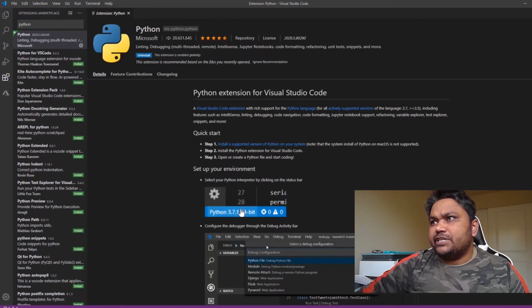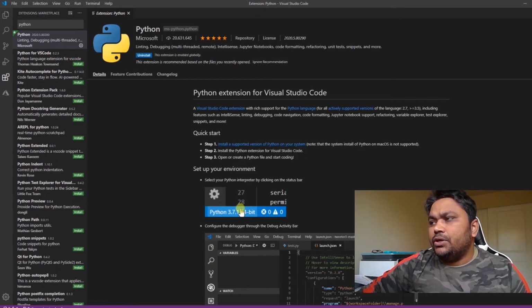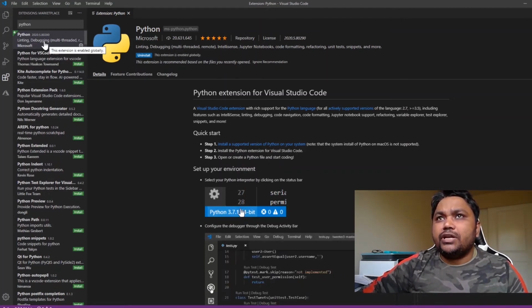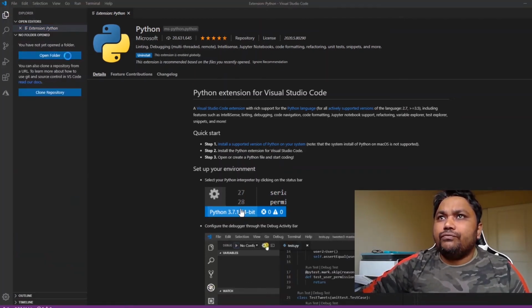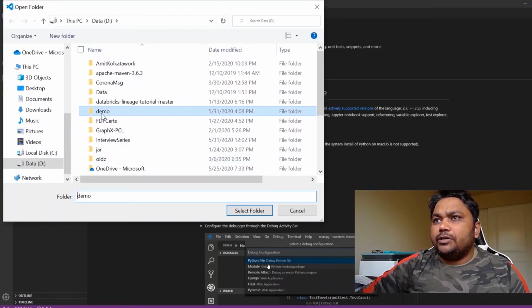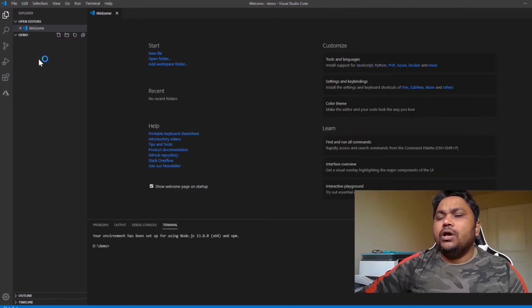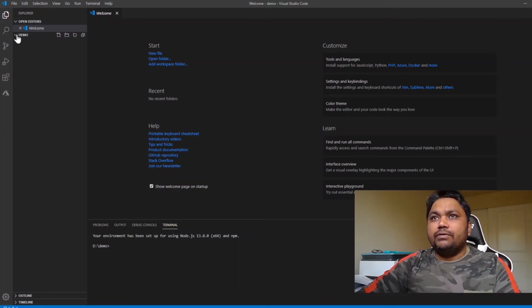For using this extension, the prerequisite is that you have to install Python on your machine, but we have already done that, so we are good. This extension is installed right now. I will go ahead and select a folder where I will save my code. Let me select this one, demo. You can connect any folder, or any repo like GitHub, GitLab, or Azure DevOps, for saving your code or working on it. So let me create a sample Python file.